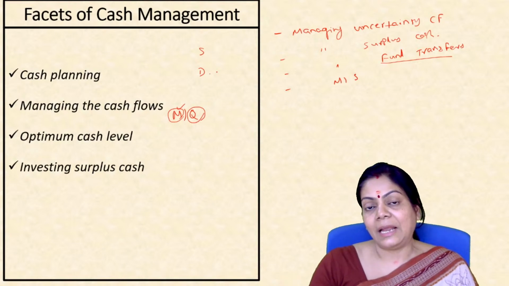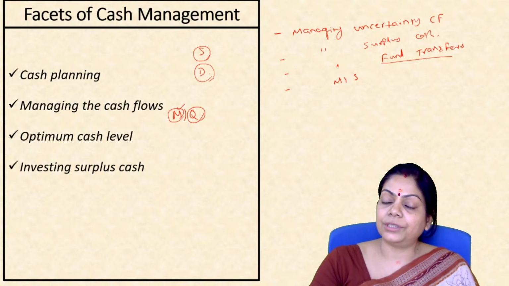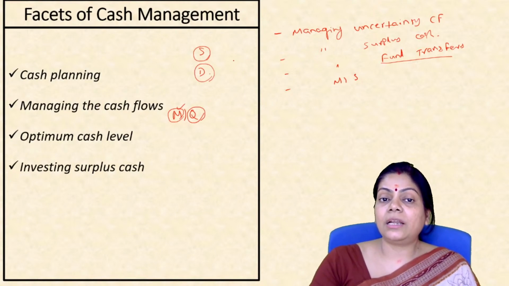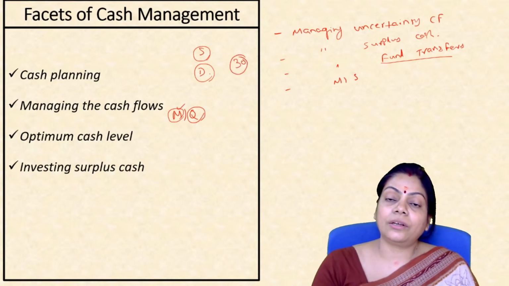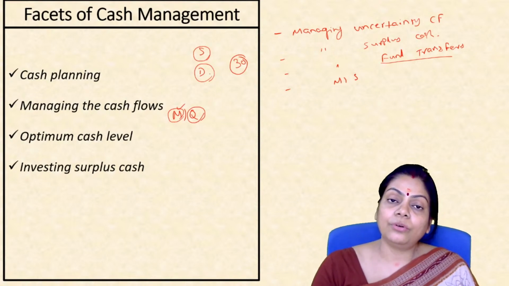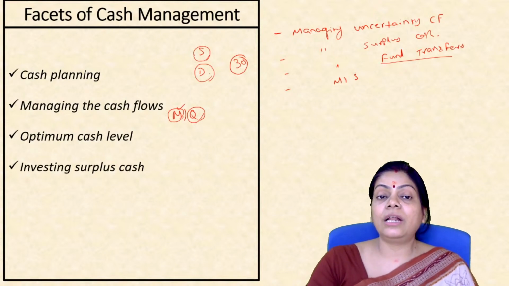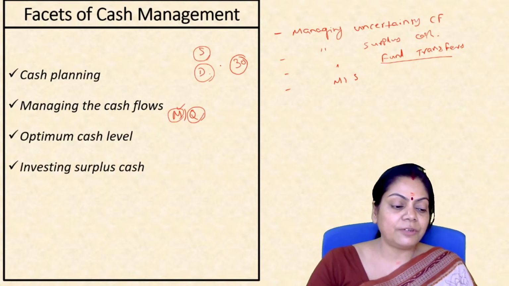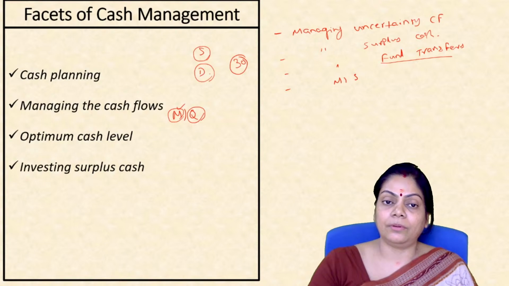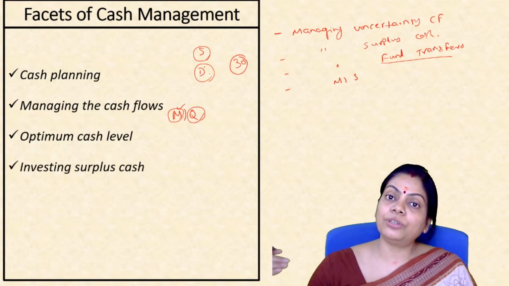So at the end of the month only, I will come to know whether there is a surplus or a deficit. Which means that I did not have, let us say, 30 days, if not 30 days maybe 10 or 20 days, to take some corrective actions regarding this. So all I'm trying to tell you is, if I'm only dependent on the cash budget for forecasting and planning of cash, then I will come to know about my cash position only at the end of the budgeting period.